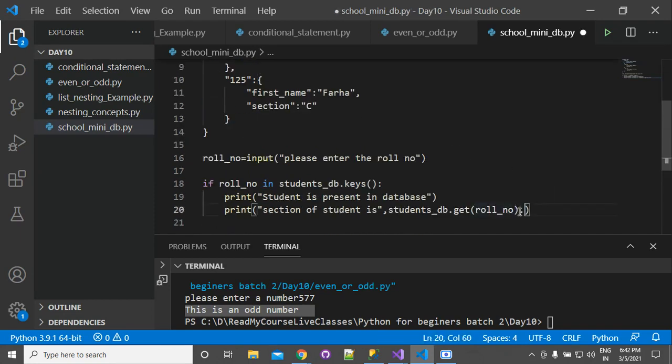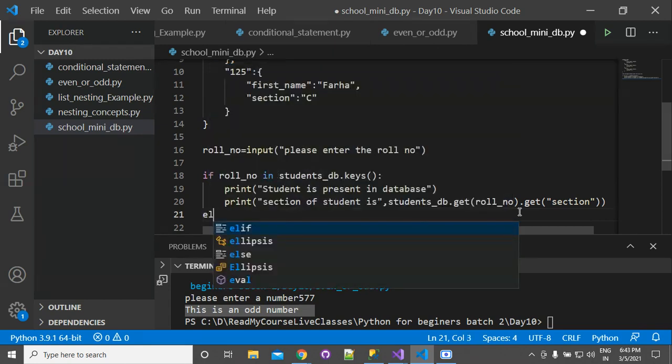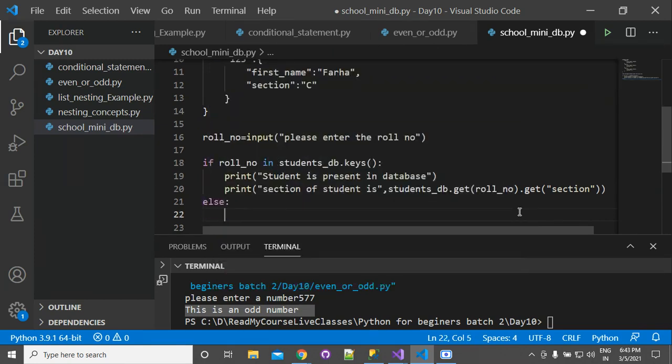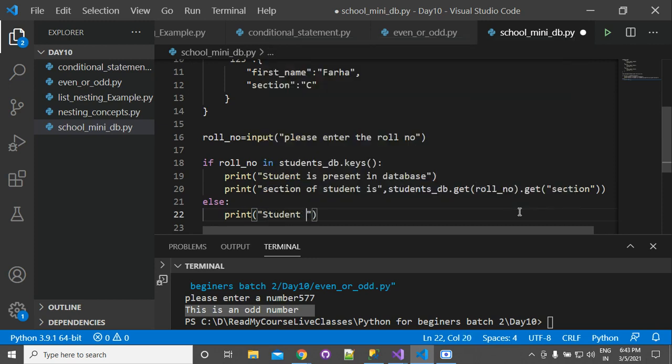So if you want to get the section, then you will write here dot get and then the section value. Else, what will you print? You will write here: student is not present in the database.